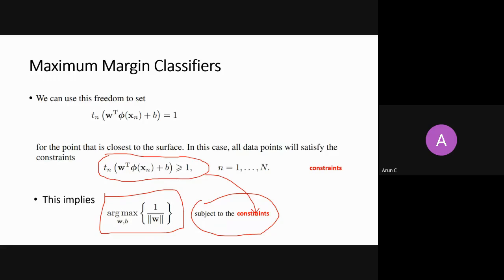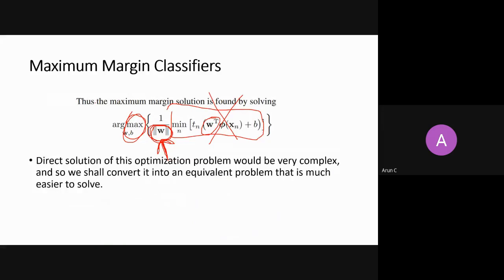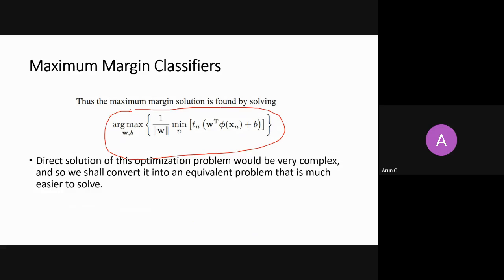Yes or no? Very nice. Good. Very good. So now this is my new objective function which I need to maximize, and I'm taking all this pain. Why? I might not have told you here. So this was my objective function. If I had some techniques to solve this, then the support vector machine problem could have been solved. But this is not a convex function. It is a non-convex function, and it is hard to optimize. I don't know how to do this optimization.